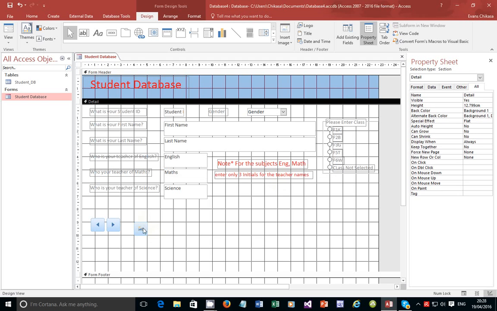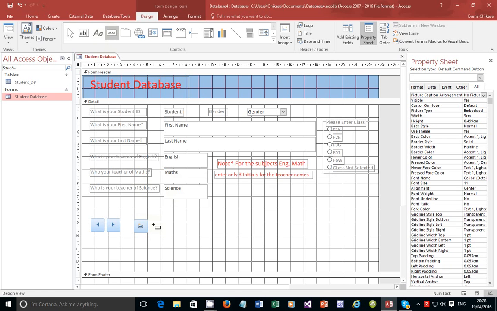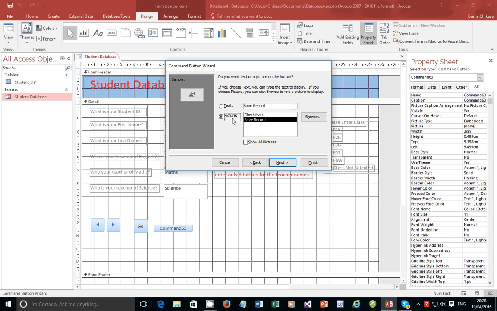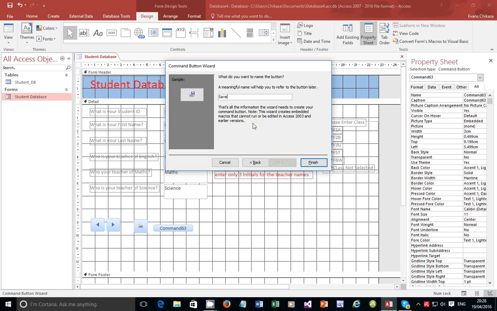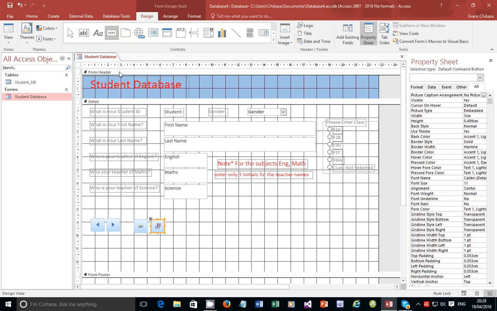Okay, command, okay, there. And then one more. This is if we can add a record, then we need also to delete a record or save a record. Okay, if we've added a record, then we can save a record. That picture looks okay. Then I'll say save. Okay, and the last one for these ones, I'll put up